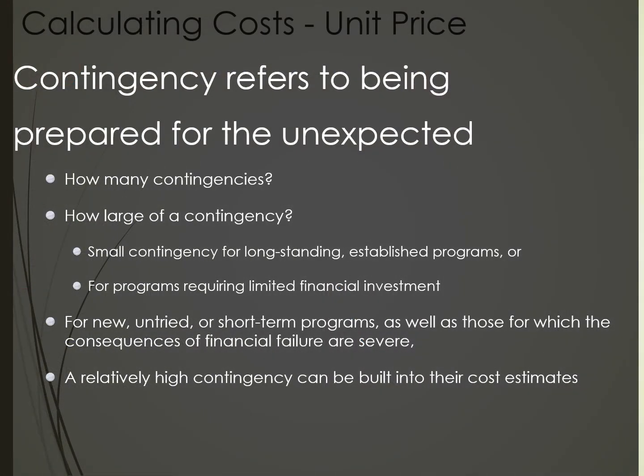Then we need to think about contingency. And contingency refers to being prepared for the unexpected, right? So what we want to do is build that into our modeling for our cost so we come up with a final price. And really what we're doing is taking a percentage or a fixed amount and building that into the cost of the unit for certain things like maybe replacing equipment, adding additional staff, whatever it may be. We have to build those in and incur those with the cost so we can have a good price on the other end. So this could be one big cost or a smaller cost that goes on and on and on.